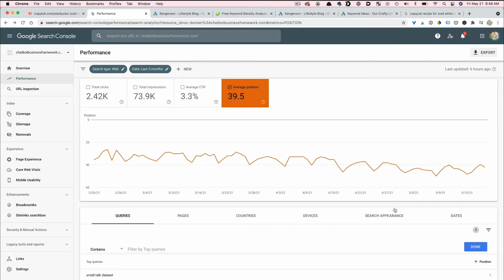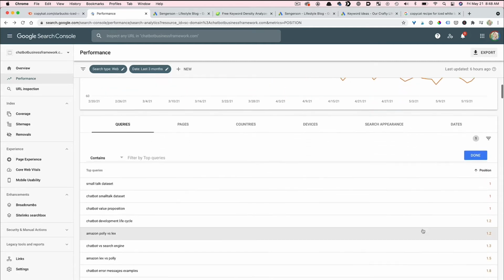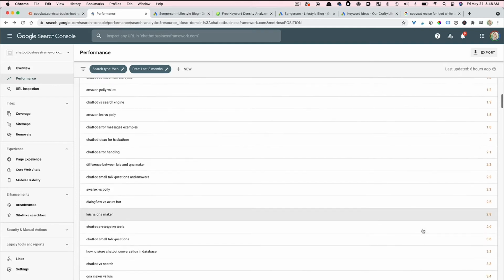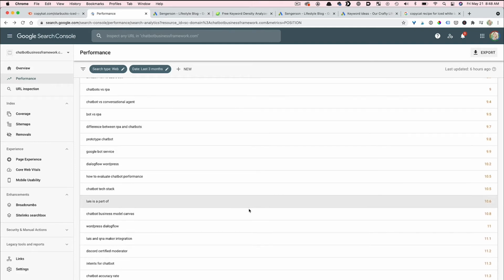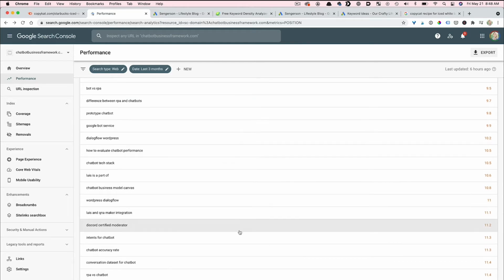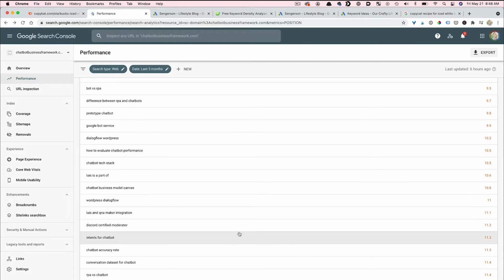What I'll tend to do is probably export this if I can, and then look at positions where I'm around number 10. Normally this area will give me ideas on content I can write about. This is telling me I'm already ranked number 10, probably even on the second page. If I wrote better content on my blog about this topic, then maybe I'll rank number 1.